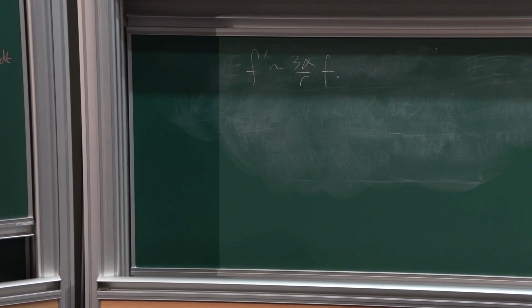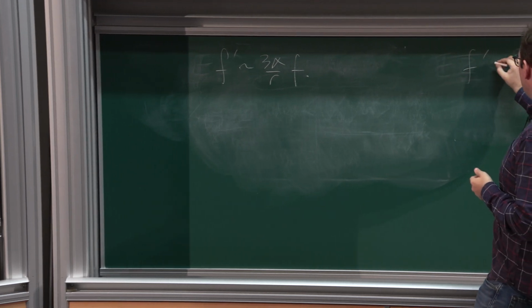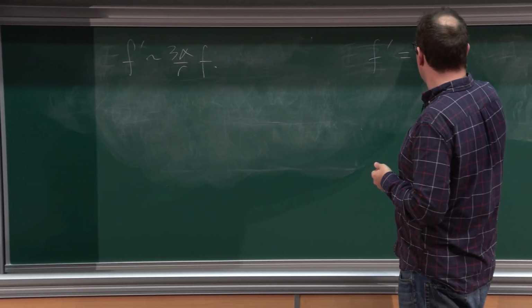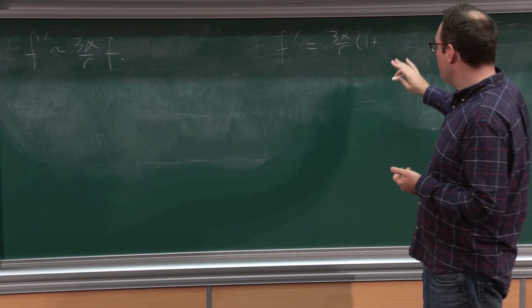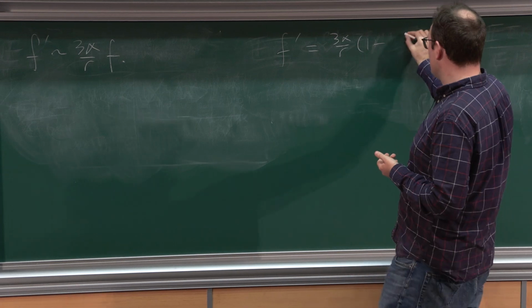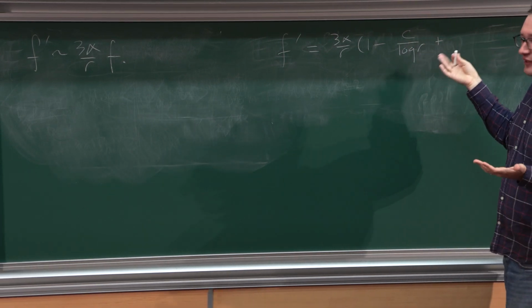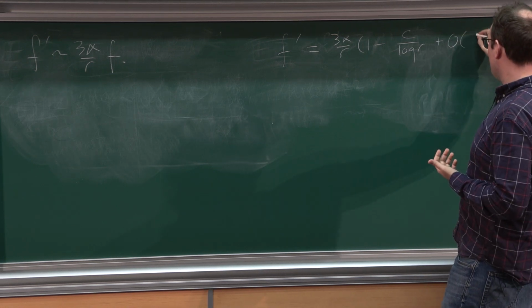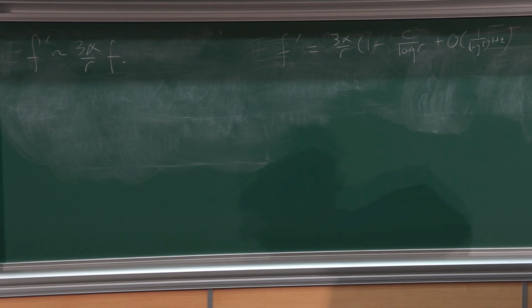Okay. Now, one way in which you can produce logarithmic corrections here is to have that, actually, let's say it's 3 over alpha. And then you have some error, which in our case will be negative actually, that looks like log r. And then you have maybe some more errors that are, let's say, smaller than log r to the 1 plus epsilon. Let's say. These should be logarithmically integrable, basically.